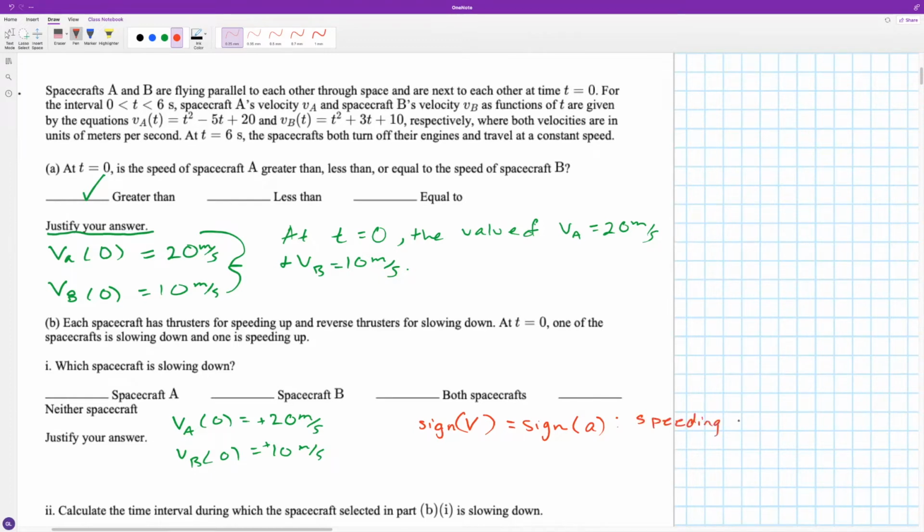Remember, these are vector quantities. We cannot just say deceleration is automatically negative. Because, for instance, if I have an object moving in the negative direction with a positive acceleration, that object is decelerating. But the sign of the acceleration in that second example would be positive. And then if the sign of